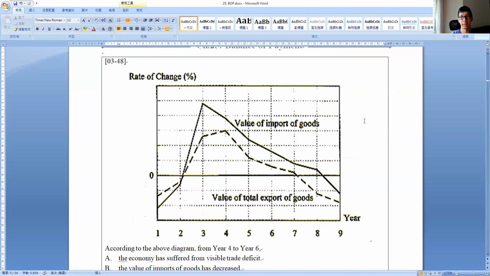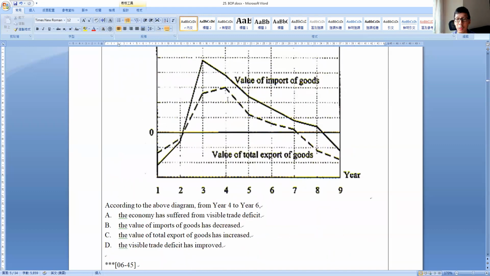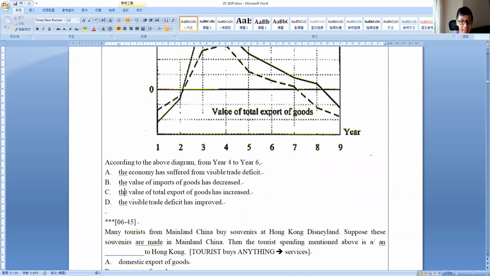As long as the percentage is bigger than 0, positive. 呢度啊，4至6啊。Although it looks like going down, but because the percentage has been higher than 0, 大過0啊，得唔得？It is higher than 0, therefore it is still increasing. Both volume of total export and volume of import are increasing. Therefore, answer is C. 好嘛？